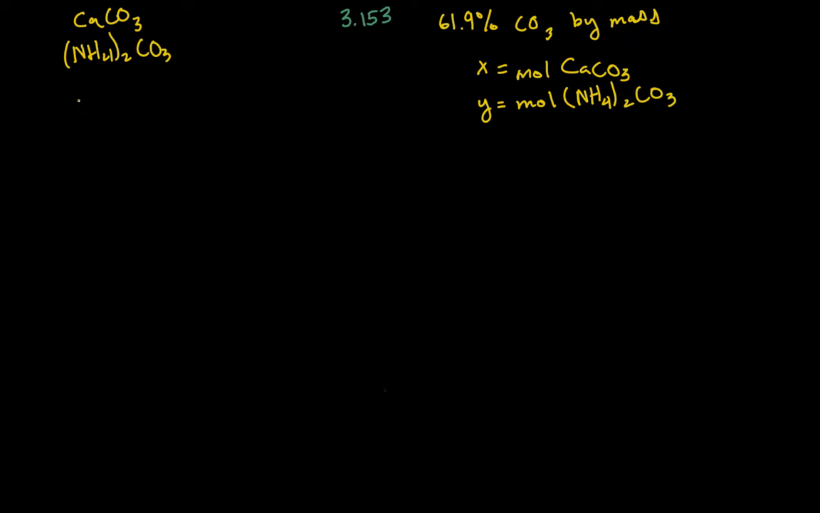All right, let's write out a couple of expressions here. The first one, again, should look really similar to the other ones. We know that 61.9% of the mass is carbonate, right? We also know that carbonate occurs in each of these compounds, and the stoichiometry of the carbonate is the same between each of them. 1 mole of calcium carbonate has 1 mole of carbonate. 1 mole of ammonium carbonate has 1 mole of carbonate. So that means that these two together,